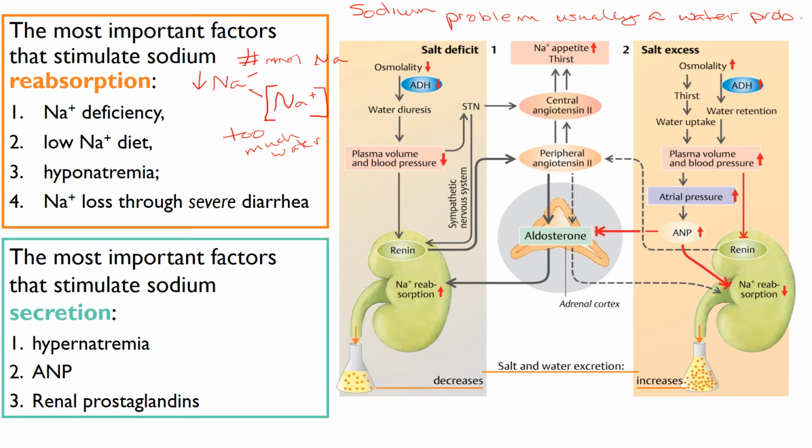And as a result, the kidneys are going to want to compensate by increasing sodium. Similarly, that means that there's two ways you can go about doing this. You can increase the number of molecules, or you can change, that's what my little delta here is, the concentration